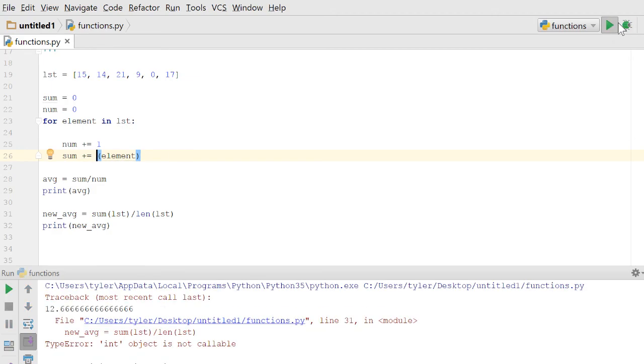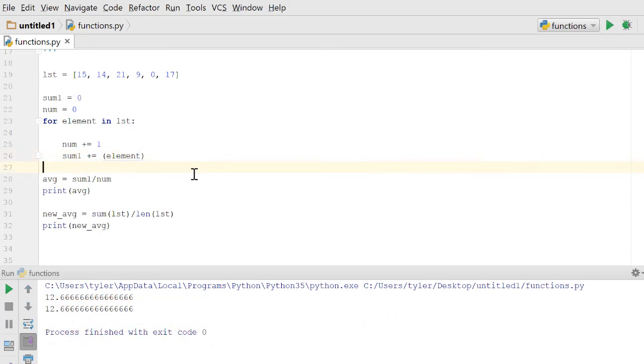Give me one sec. Okay, this was a very easy problem to fix. Since sum is a function, and we had sum as a variable name, we had to change that to a different thing, because it was trying to call the variable here of list, and that just got all kinds of messed up. So as you can see, when we run this, our new average does come out to be 12.6